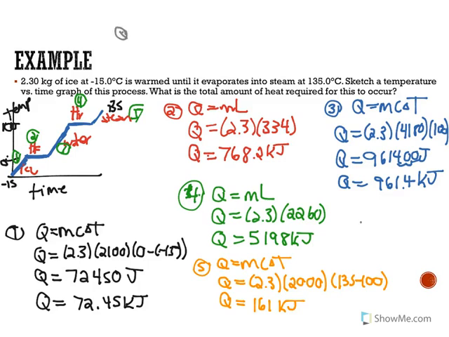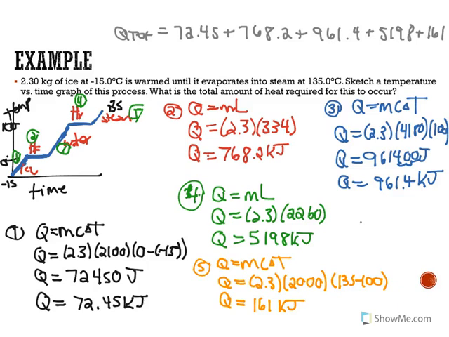And then the total, right at the top here, Q total is equal to 72.45 plus 768.2 plus 961.4 plus 5198 plus 161. And Q total is equal to,